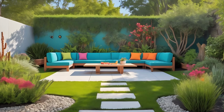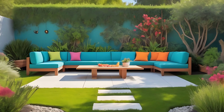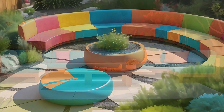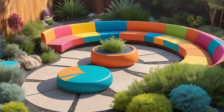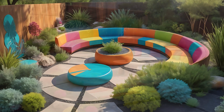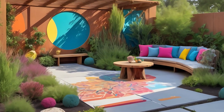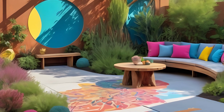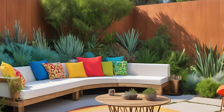In this video, you'll see native and drought-tolerant plants for low-water landscaping, reclaimed wood decks and patios, natural stone pathways and permeable pavers, solar-powered garden lighting, rainwater harvesting systems and barrels, compost areas and organic garden beds, recycled outdoor furniture ideas, green walls and vertical gardens, edible landscaping with herbs, veggies and fruits, pollinator gardens with bees, birds, and butterflies,